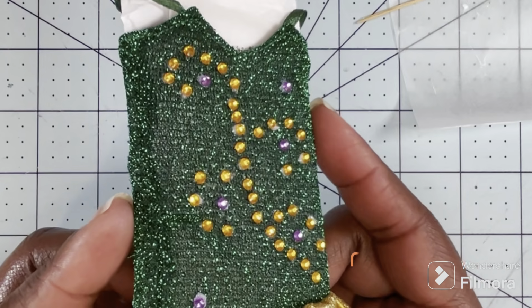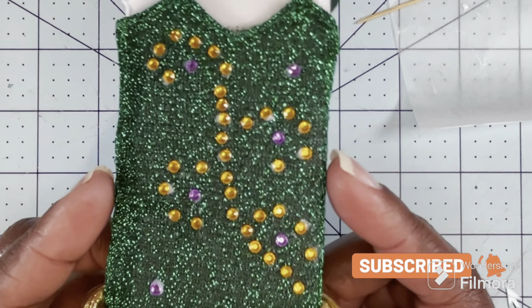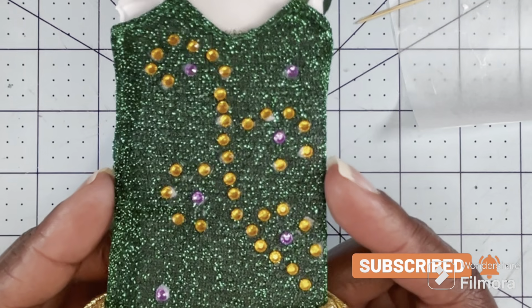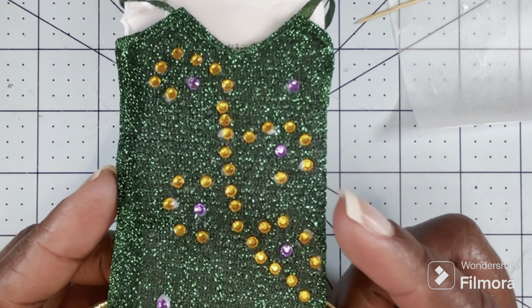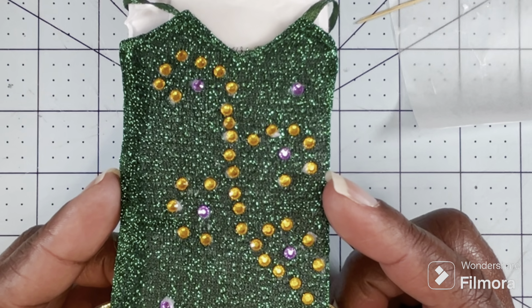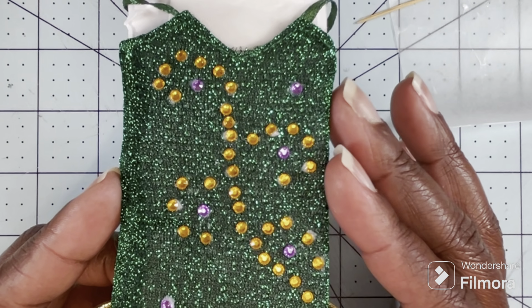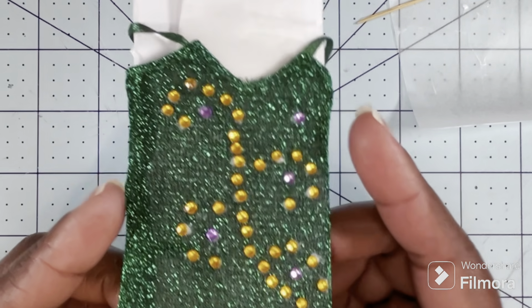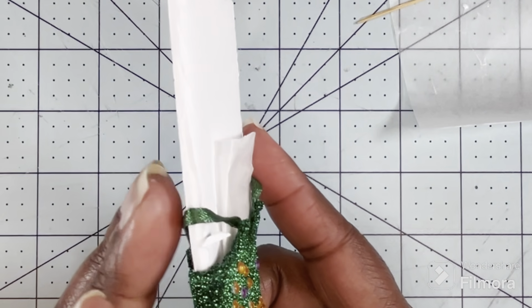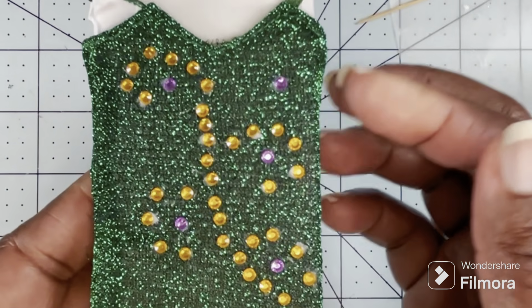So here's my design, and I think it looks really nice. I did add a few purple gems to it. I just thought it needed a third color. And I remembered as the glue started to dry that I needed to stretch my fabric, because once the glue dries, it could cause the fabric not to have as much stretch and you'll run the risk of popping the gems off when you put the doll in. So I decided to put in a piece of foam board just to stretch the fabric while the glue dries